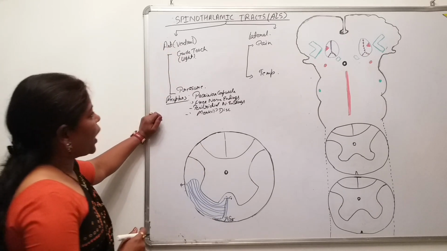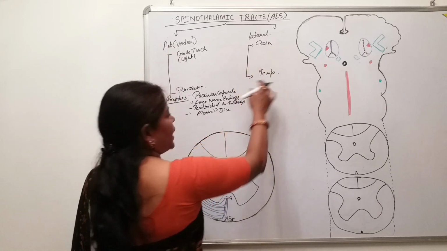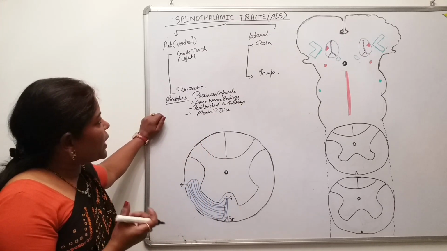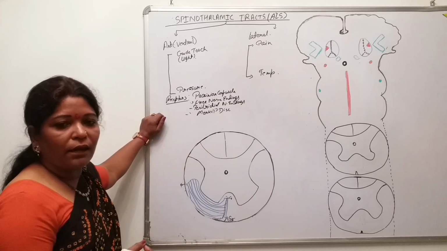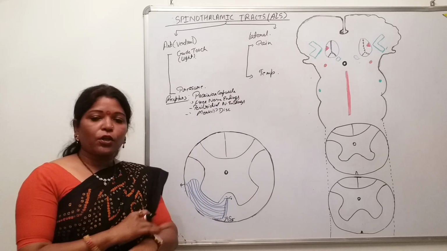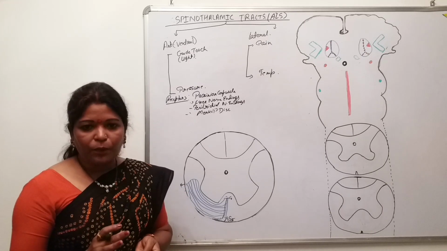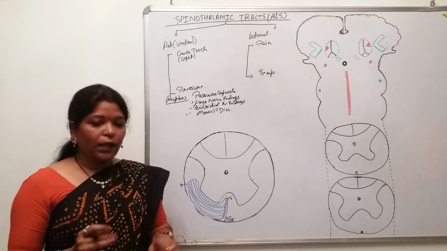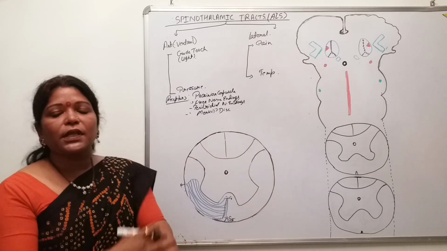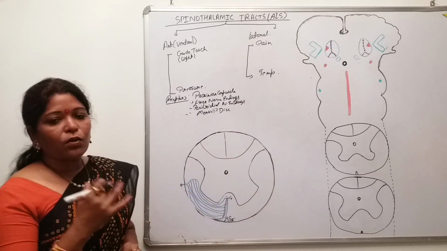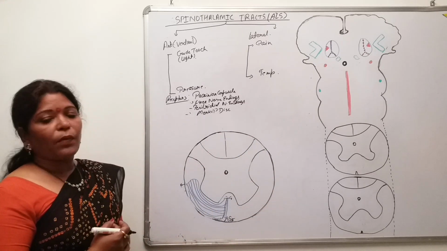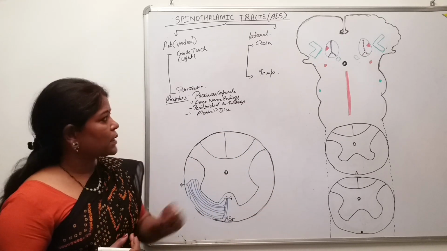So these are the receptors which pick up the crude touch and the pressure sensation, carried via the anterior spinothalamic tract. Now, what about the pain and the temperature sensation? What are the receptors present in the body to pick up the pain and the temperature sensation? In the body there are exteroceptors as well as interoceptors as well as proprioceptors. The exteroceptors are the receptors present on the surface of the body, and the interoceptors are present inside the internal viscera, at the mucous membrane of the GIT, the blood vessels, like that.